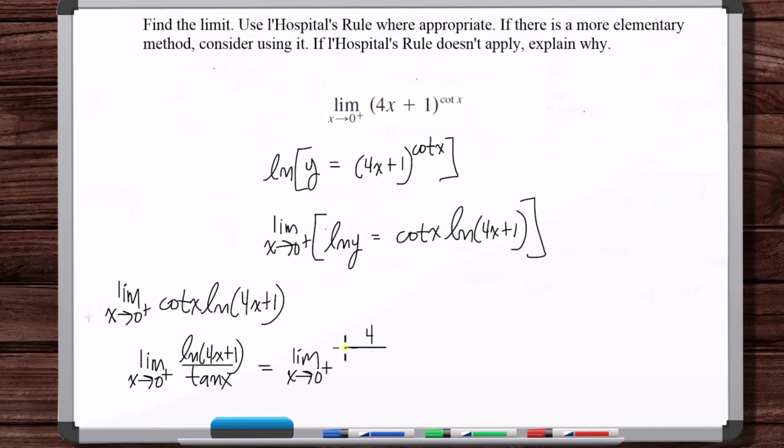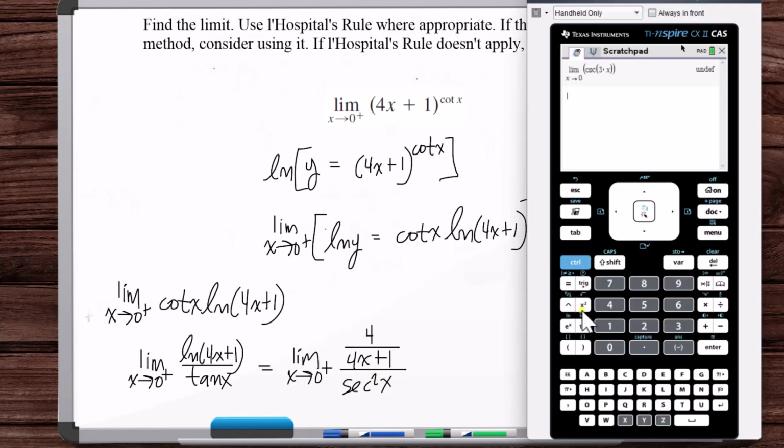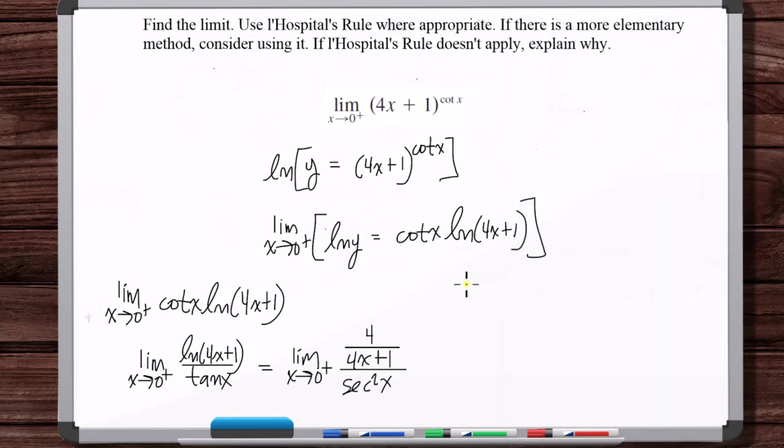So 4 over 4x plus 1. And the derivative of tangent x is secant squared of x. So secant of 0 is 1. Okay, so plugging in 0, this goes to 1, this goes to 4, so this derivative